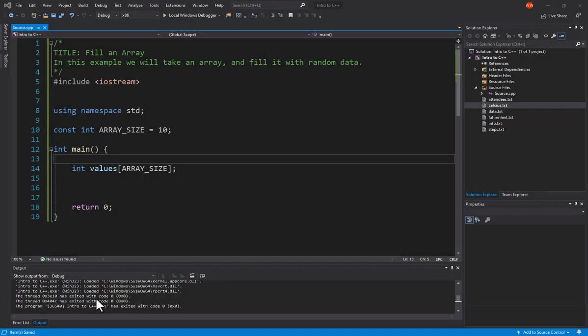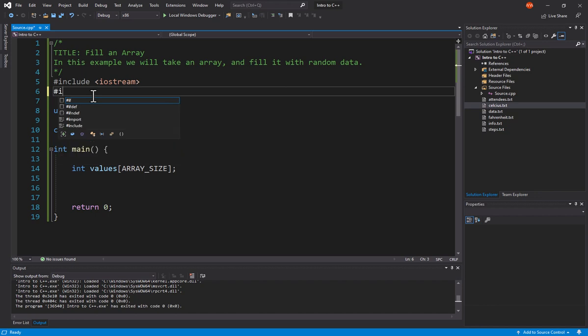All right, so let's go ahead and get started. So notice I have a constant on line 10. And this is because I can't get the value of an array by default. I have to know this value, so we often use a constant. Now you might be asking, well, why is that? Well, to loop through an array, we often use a for loop. So to make sure I get truly random values, I need to include